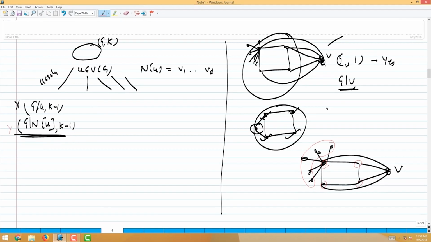So even this you can't do, because the neighborhood of U is dominated, but you might want to pick them to dominate some other vertices, right? So these things we can't do. So rather, as we said, instead of deleting vertices, let us try to mark vertices, okay? So what does marking represent? Let us at any point of time mark vertices, and the marked vertices will represent that they have already been dominated. So for example, when I pick U, I'll mark U and the neighbors of U, because when I decide to pick U in the solution, I know U is dominated and all its neighbors are dominated, okay? And now at any point of time, we are trying to find a set of vertices that dominates the unmarked vertices,